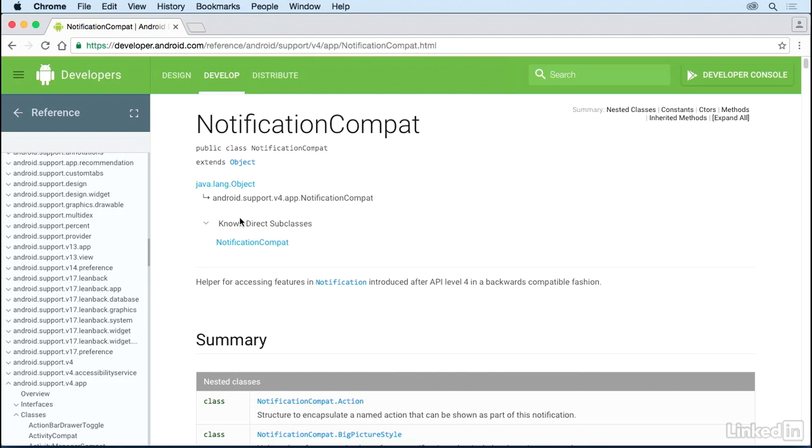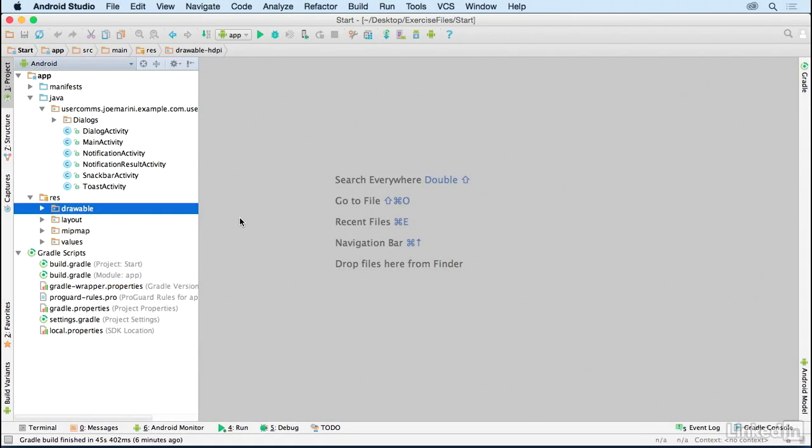For example, notification action buttons won't appear on versions of Android prior to 4.1. By using this utility class, you can concentrate on creating effective notifications without having to worry about handling specific Android versions. In Android Studio, let's open the